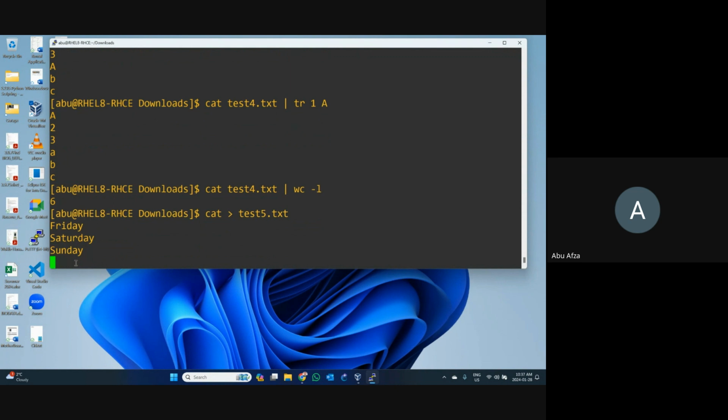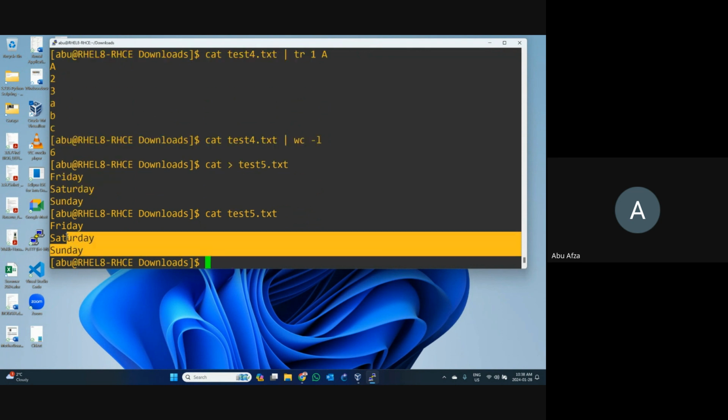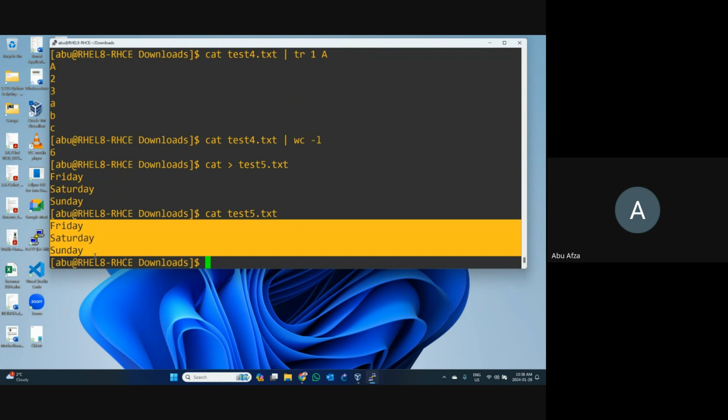So I want to close it. Use Ctrl+D. Then done. Now let me check my file. Cat, space, file name. Press enter. Then you can see you wrote Friday, Saturday, and Sunday. I created it and I can see my file.